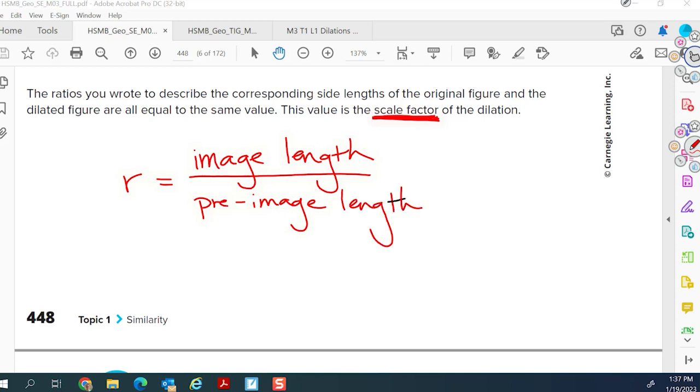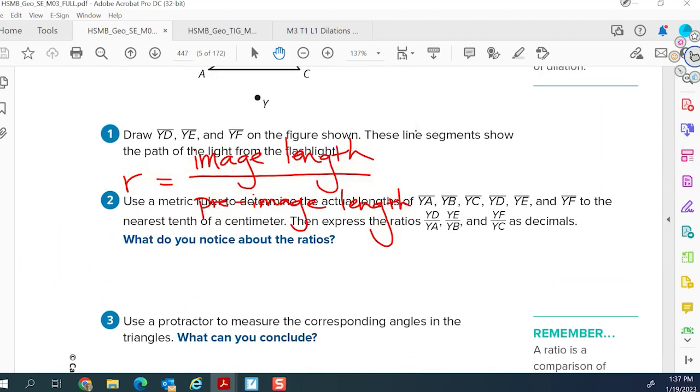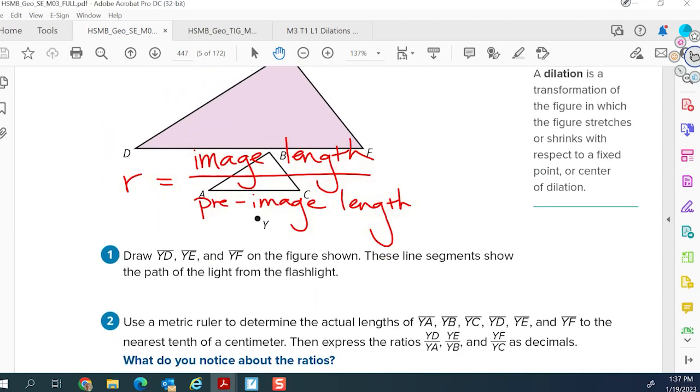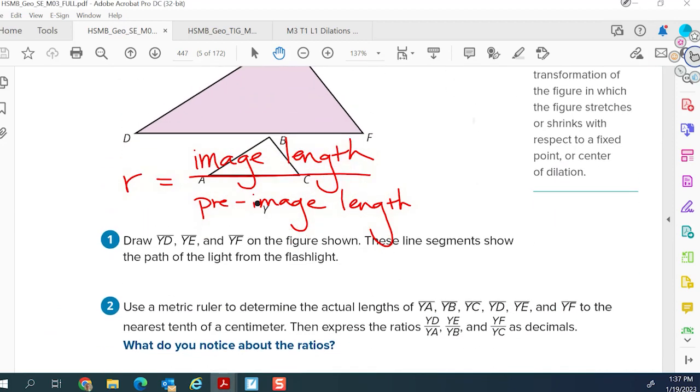Okay, and this can be any length in the pre-image and any corresponding length in the image. So let's keep that in mind. Let me go back over here to our triangles, and notice that these right here